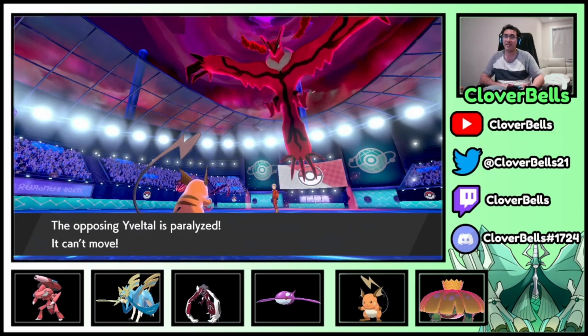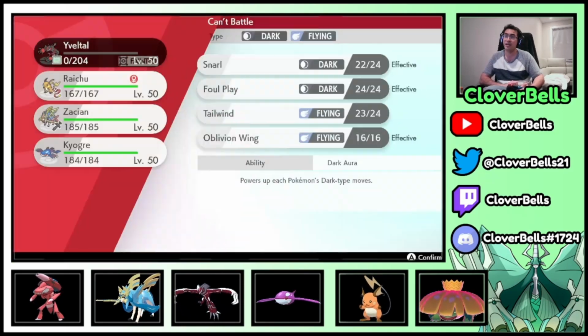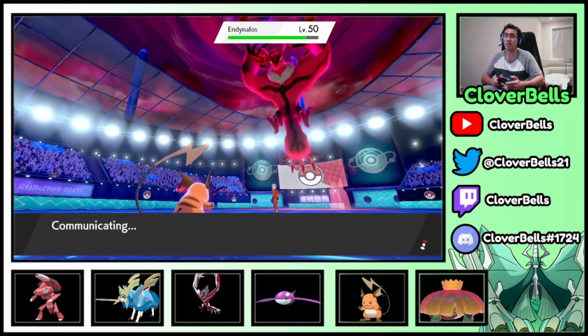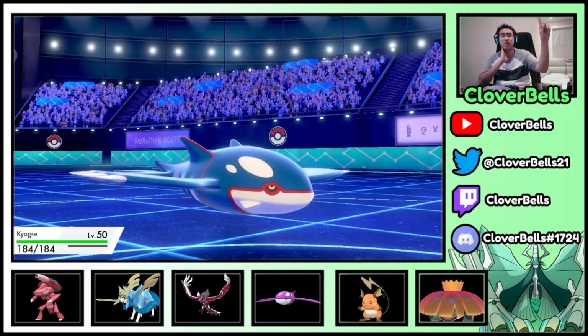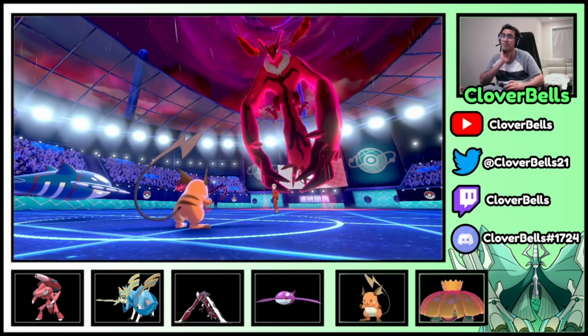Okay. And we do get the lucky Para on the Yveltal. Okay. That's huge for us, in a way. I do have Zacian. So, I can always Behemoth Blade that thing, or I can just go smash with the Ogre set over here. Alright, well, we'll try with the Kyogre here. I don't know how much damage I can do, but yeah. Because this Eternatus can resist. But we do have Hailstorm. But the problem is...